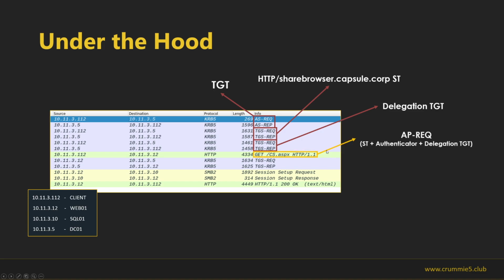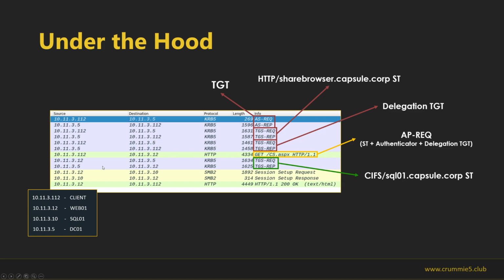Then the client will try to authenticate into the actual service. He will send the service ticket for HTTP, an authenticator, and a delegation TGT. In fact, the delegation TGT will be within the authenticator.